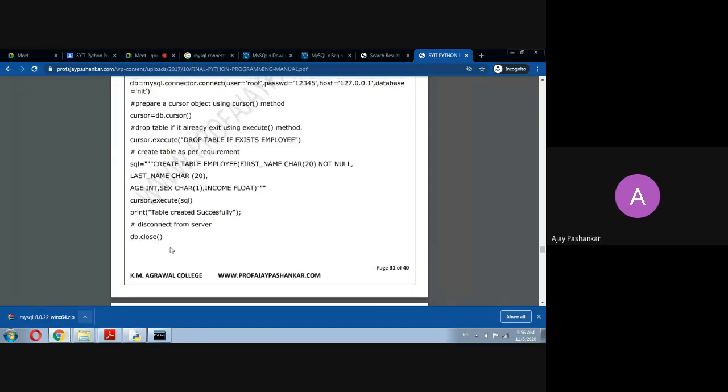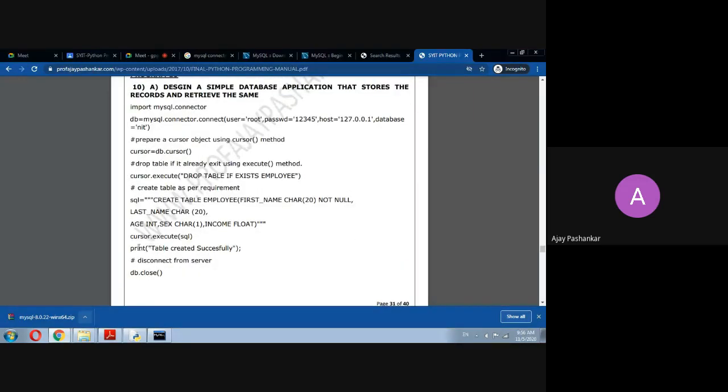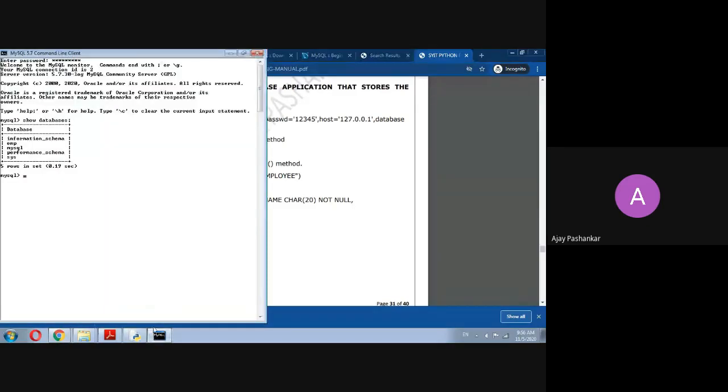Okay. Now, hello. We need to create that database first. What I am doing is I am just typing create database, sorry, spelling mistake, create database NIT. Okay. If you refer to show databases, you can see our newly created database listed in this entire list of your databases, alphabetically placed. NIT is your database name.